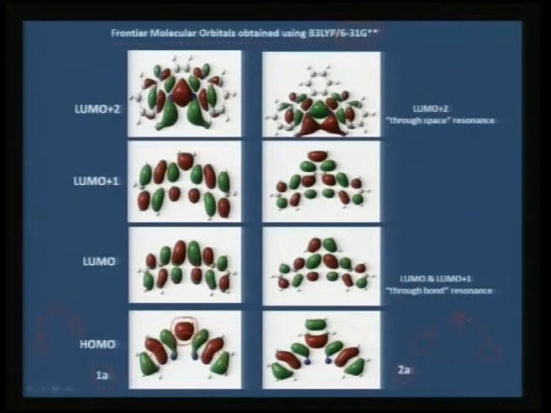And if you look at the lowest unoccupied molecular orbital, again you see in the excited state the charge resonance is spread along the ring, and even so in the case of LUMO. And if you look at one of the higher excited states, LUMO plus 2, you would see the charge resonance is now confined more to the benzthiazole rings, and also you would see the charge resonance is actually mediating across the sulfur bonds or sulfur atoms.